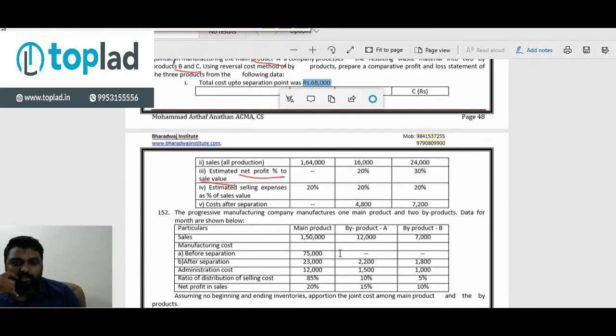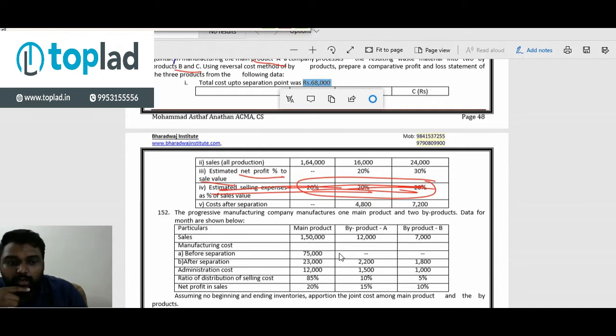See, in this question, there is one more expense called selling expenses that we have not taken. So we will assume in this question there is no selling expenses. With the adjustment of selling price, we will do another question, because correcting it anyway will take more time. So we will go with the selling expenses in another question.